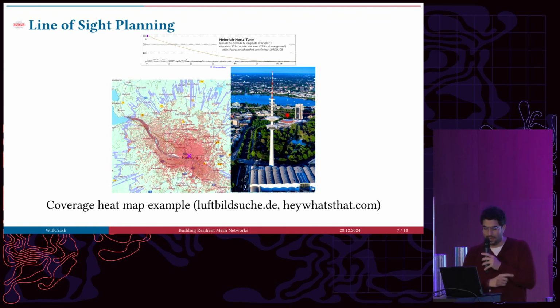And on the left side, we have a line of sight. So all of the red spots you can directly see from the tower. And then on the outside, that's like the physically maximum thing you can see. So from Hamburg, if we are lucky, we can almost receive our signals on the Elbe before Cuxhaven.